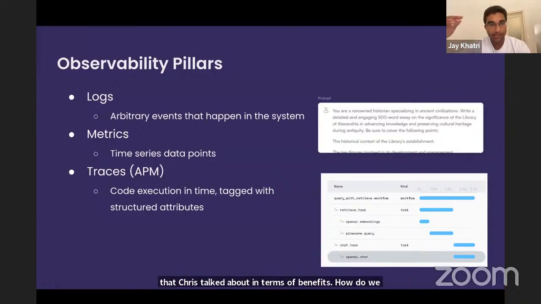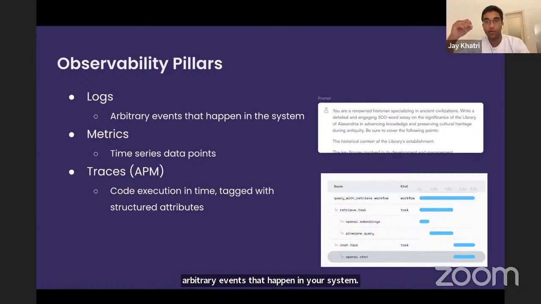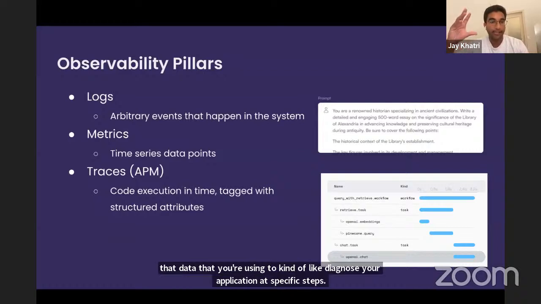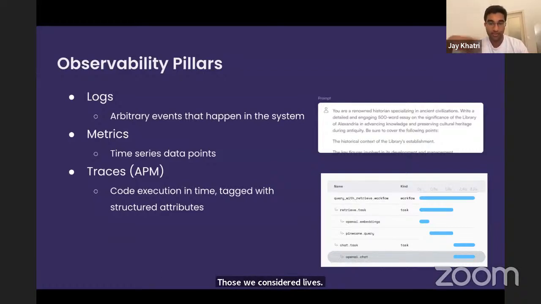So the first is logs. And logs are basically arbitrary events that happen in your system. What that means is when in Python, you call the print function, or you use a proper logging library and you send some data across, or maybe in C++ if you're using the logging library in C++. All of the data that you're using to diagnose your application at specific steps, those we consider logs and are part of the OpenTelemetry schema, which I'll get into in a second,